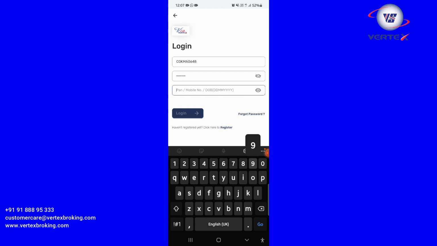I am giving my mobile number here. This is for the first time only. After that, when you are entering, the application will ask for the MPIN only. Login here.